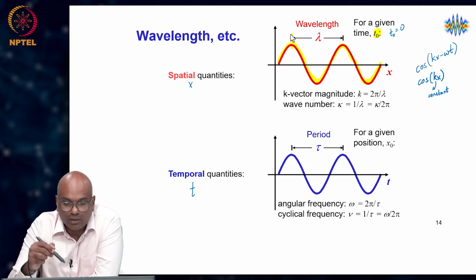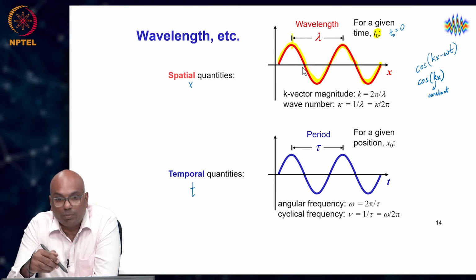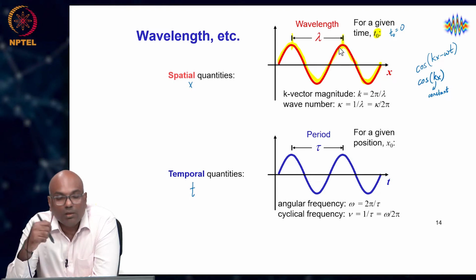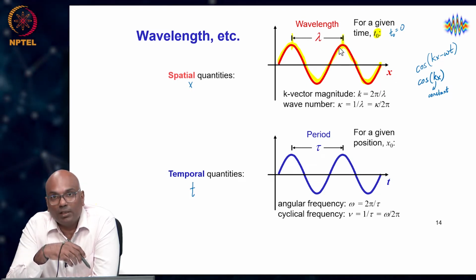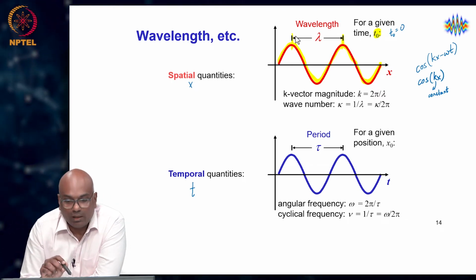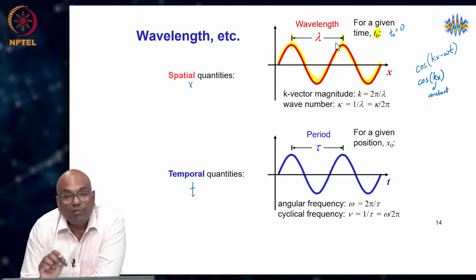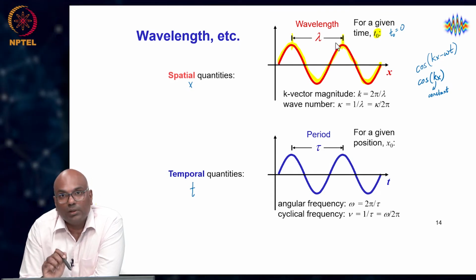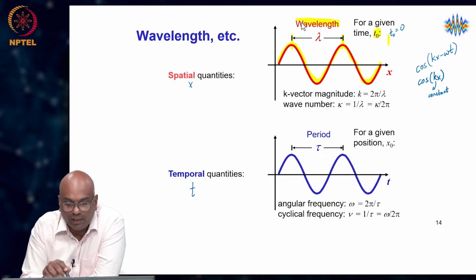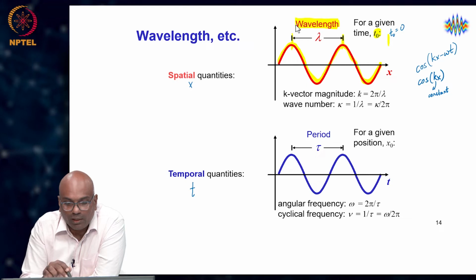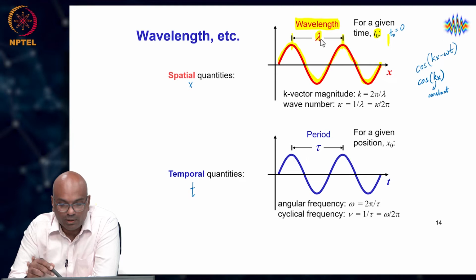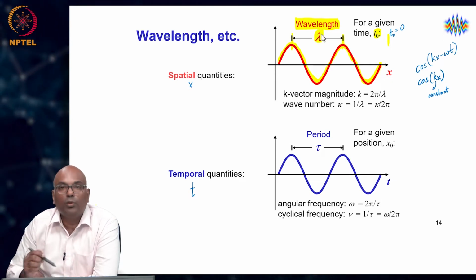So, every 2 pi units as the product kx increases in its value, the amplitude of the wave makes a repeat of itself. So, this length after which the waveform repeats itself periodically is called the wavelength. This is the parameter that informs us about the spatial periodicity of the wave, and this parameter is given the symbol lambda throughout literature,